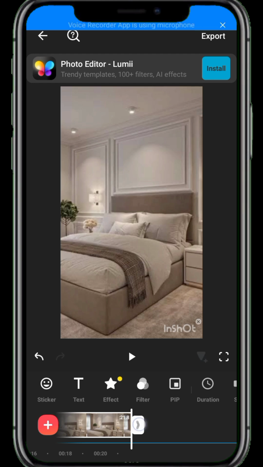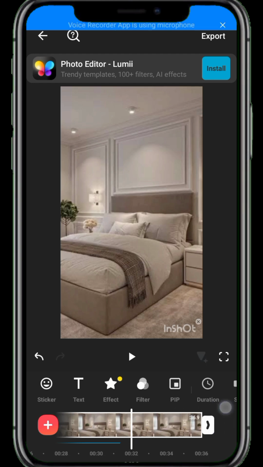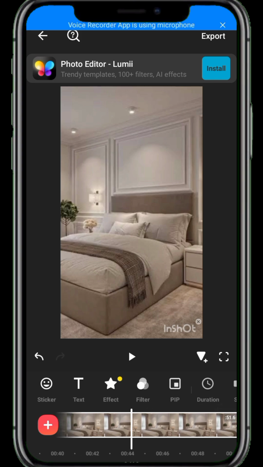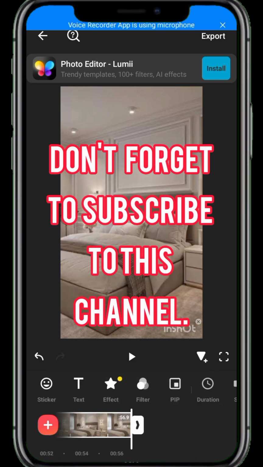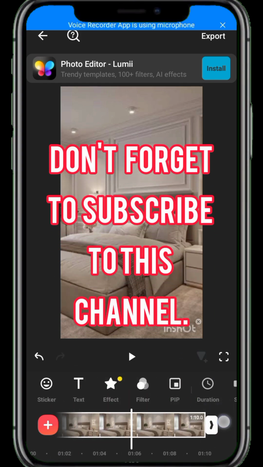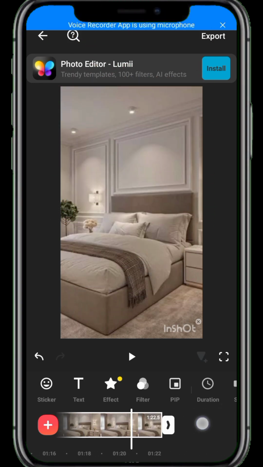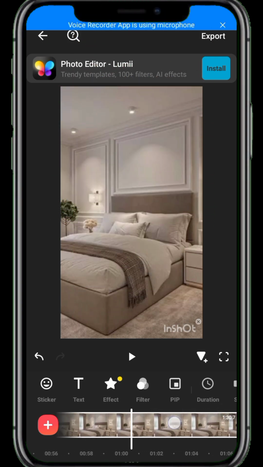You know that the length of the image is shorter than the length of the video. I think the video is like 2 minutes something, and the image is very small. So you will increase it until it fits the size of that video exactly. So that's it. If I play it now, you see that